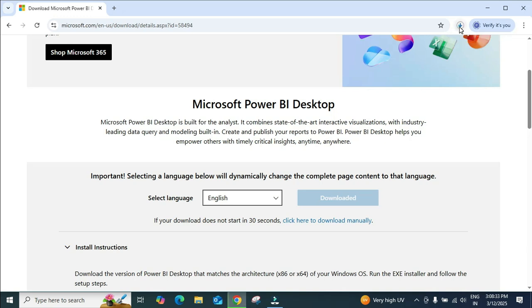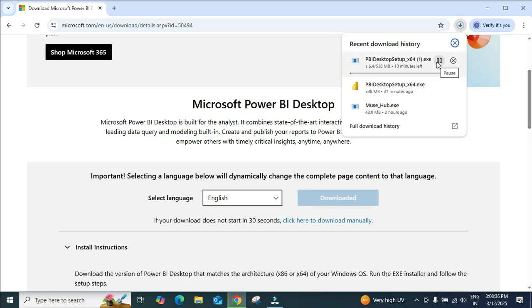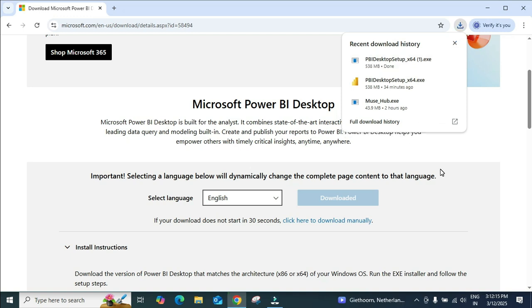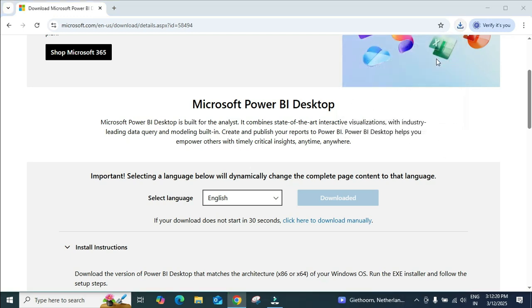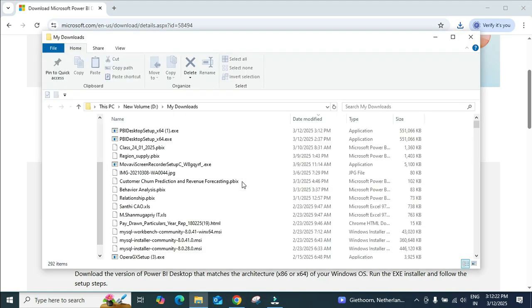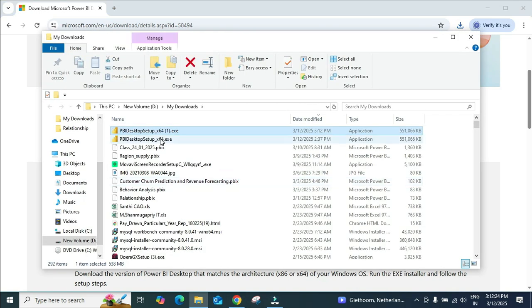Yeah, here see download the starter. So let's wait for some time. So now the download has been completed, and just click on this folder. Here you see this has been downloaded, and just double click on this